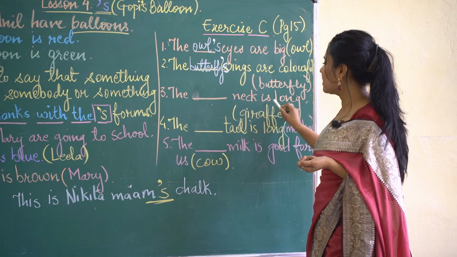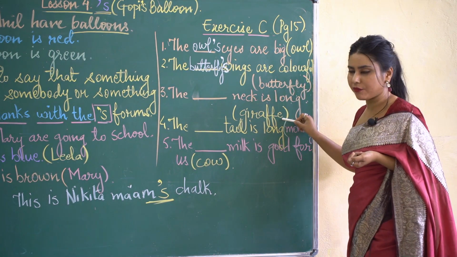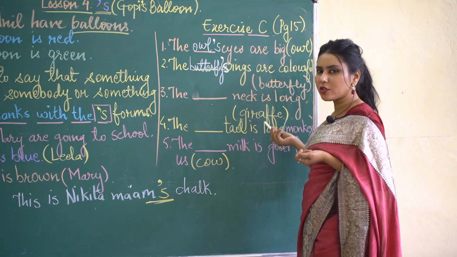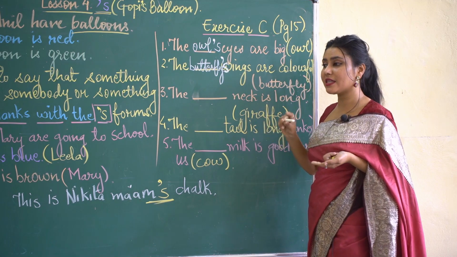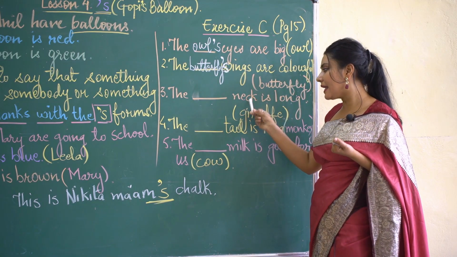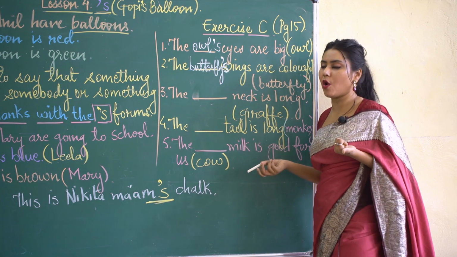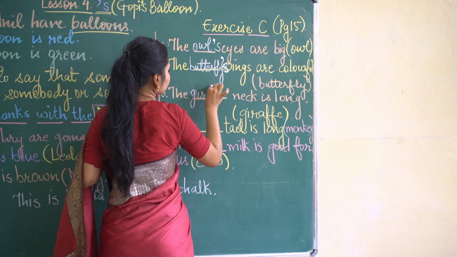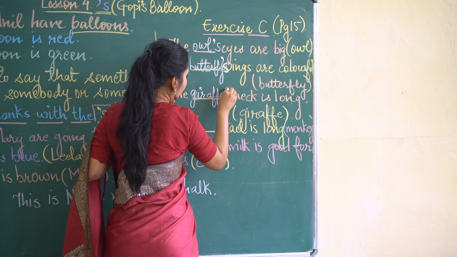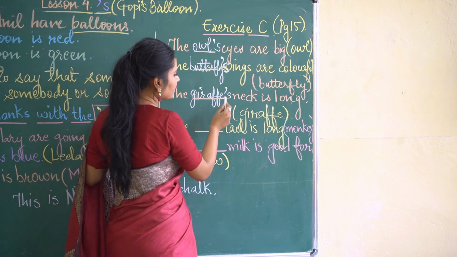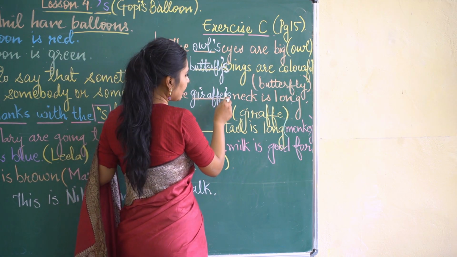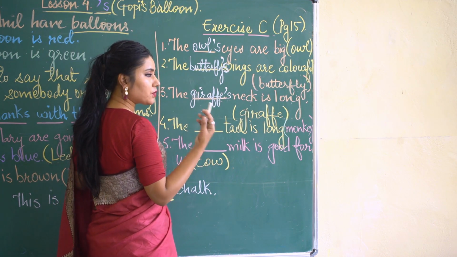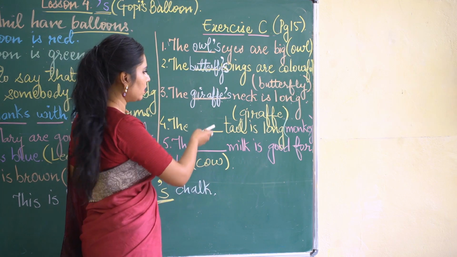The dash neck is long. We are talking about giraffe. You just cannot write the giraffe neck is long. No. If you do not apply an apostrophe S, you know, what does that mean? That gives the other meaning to the sentence, that the name of the neck will be giraffe, which will be wrong. So you will have to write giraffe apostrophe S. Remember children, it will come after the spelling apostrophe F, that means the giraffe's neck is long. That's how you need to explain that the neck belongs to giraffe.